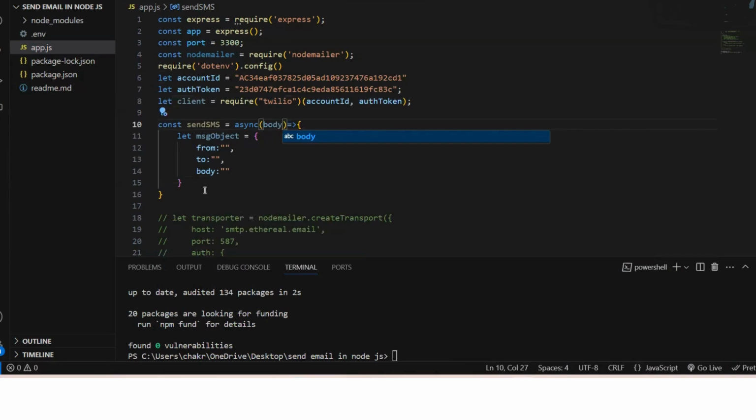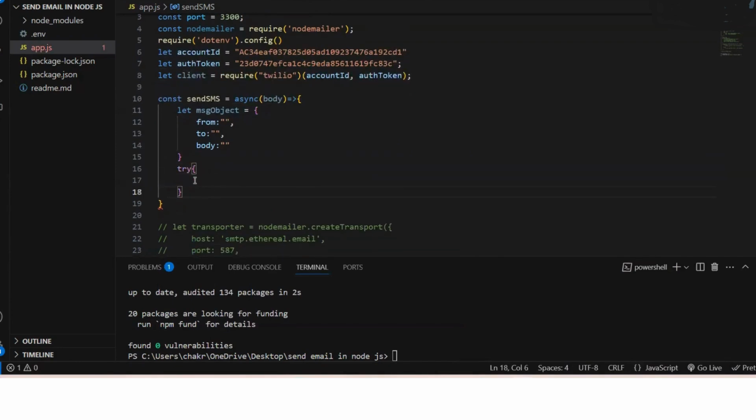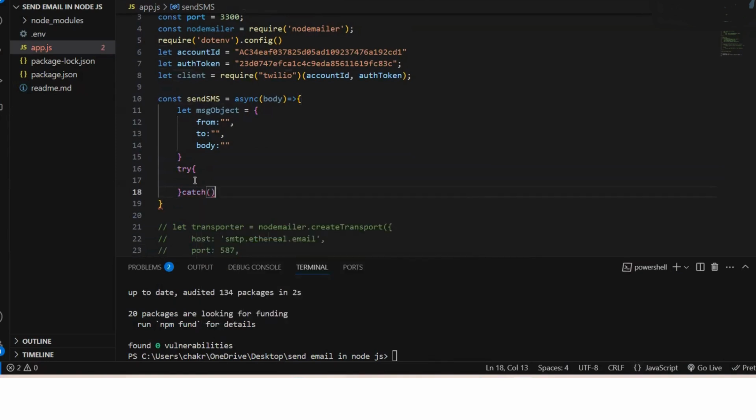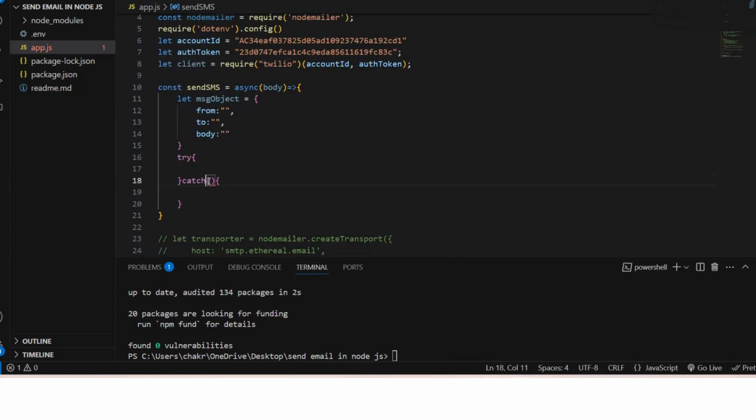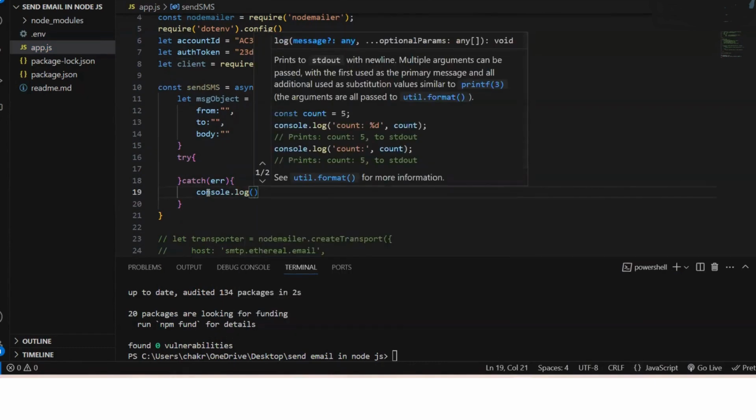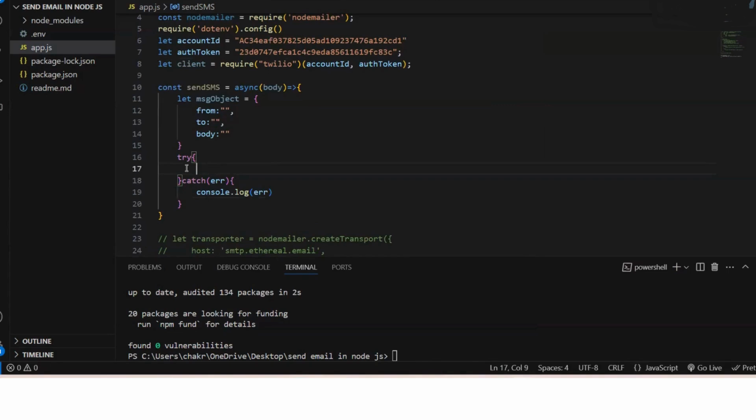right? Now one more thing, we can put one try catch, like in case my SMS sending is not successful, so that it is able to handle and doesn't throw us any specific error. So you can do catch error and you can write, just to show if any error occurs in that case, right? And in the try part we have to do const message equals to await